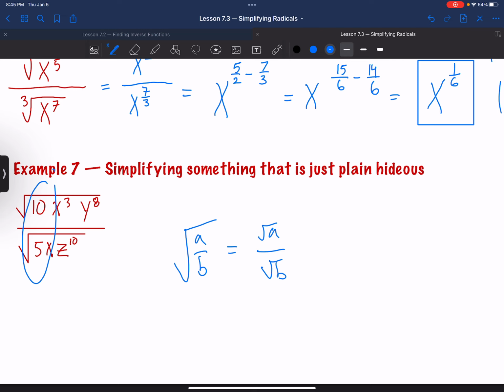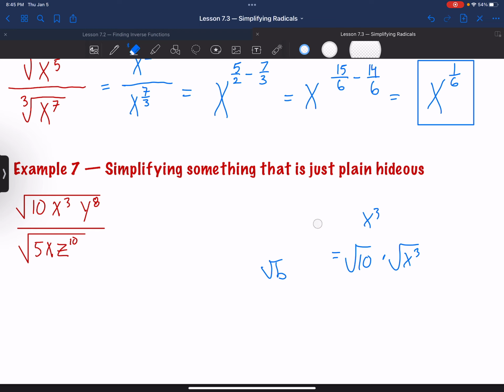Now look, there's a bunch of junk attached to it all, but I can also separate radicals using multiplication, right? What I mean is, like, square root of 10 x cubed, you can separate that as root 10 and root x cubed, right? We're allowed to do that, the same way we're allowed to separate or combine division. So what I'm going to do is sort of pair every term if it has one on top and bottom. So let me just write it and maybe you'll see what I mean. Root 10 and root 5. That's square root of 10 over 5